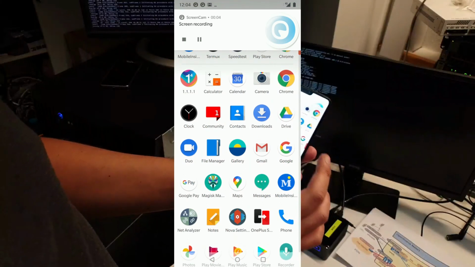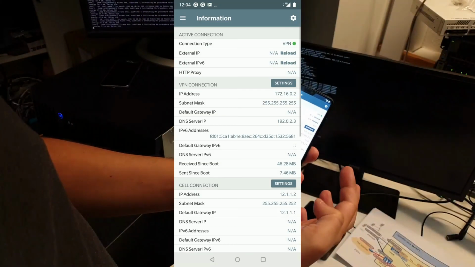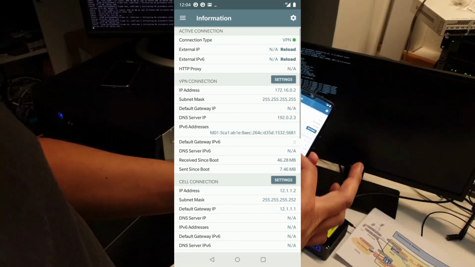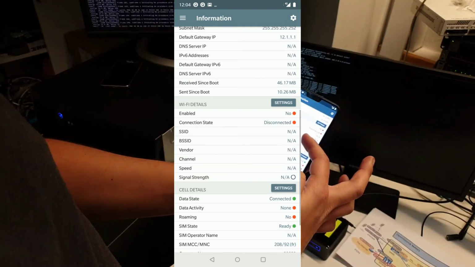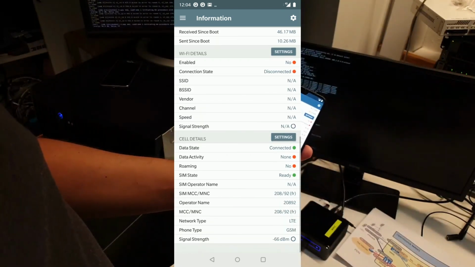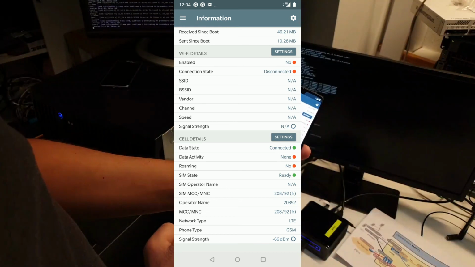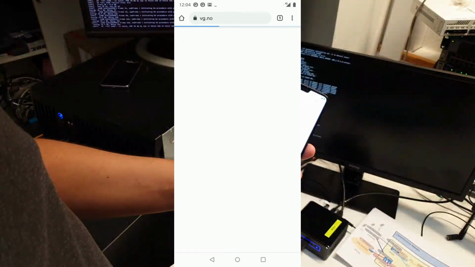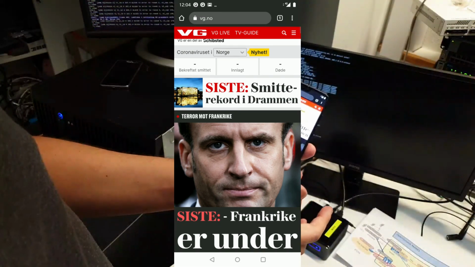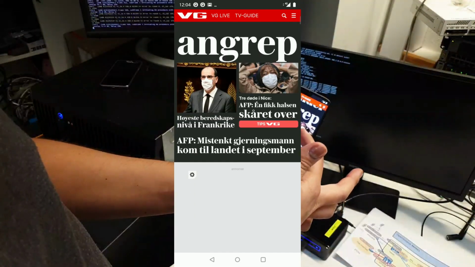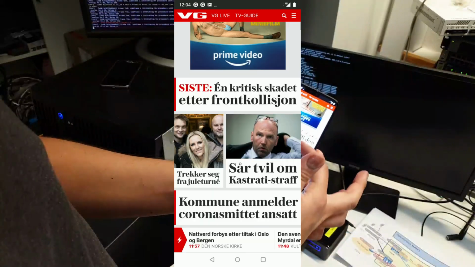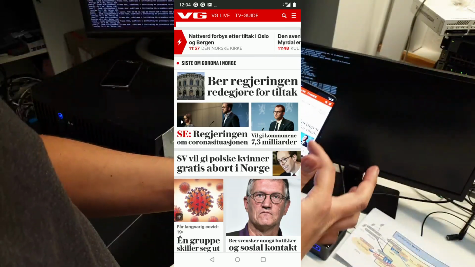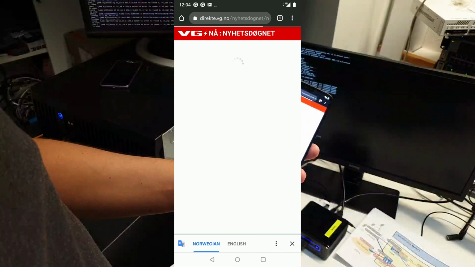Once the UE is connected to the network, we can see our network parameters using the app Net Analyzer. For instance, the network operator, which in our case is 208.92. Now the UE is ready to access services, surfing the web,